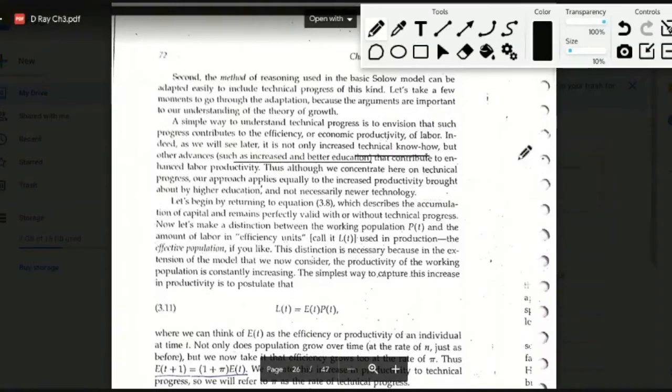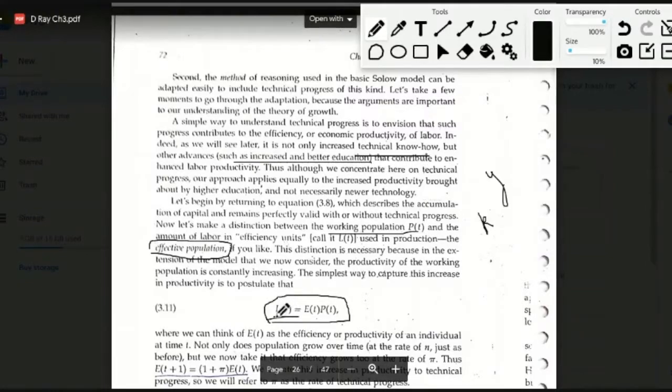So the next step is to understand how we actually incorporate this technical progress into our Solow equations. So far we have been talking about small y, small k, where we said that these are magnitudes per population, per capita, meaning that we had divided the total amount of output or total amount of capital with respect to the total amount of population. Now, by incorporating the definition of technical progress, we are introducing a new concept which is called effective population, which is defined as follows.